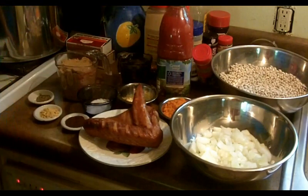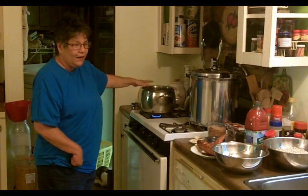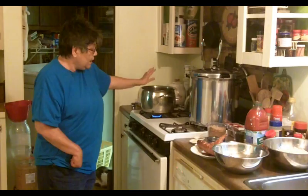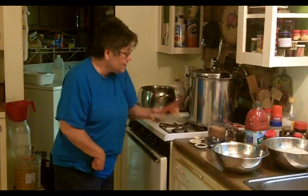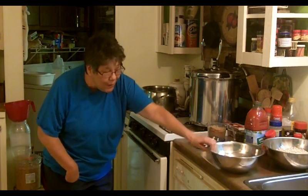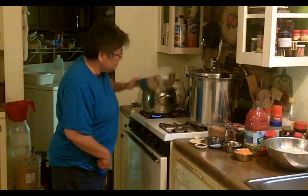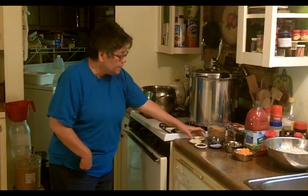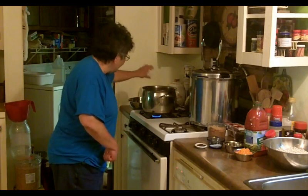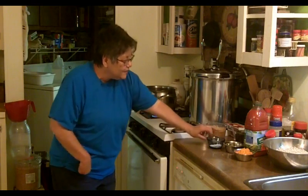Now all this is going into, I've got a big pot here because this is going to make over 2 quarts of juice that's going into my beans. In this pot, I'm going to toss the turkey wing just like it is. I've got about 2 tablespoons of oil in the pot, my onions, my seasonings, that's pepper, dry mustard, cloves, the salt,